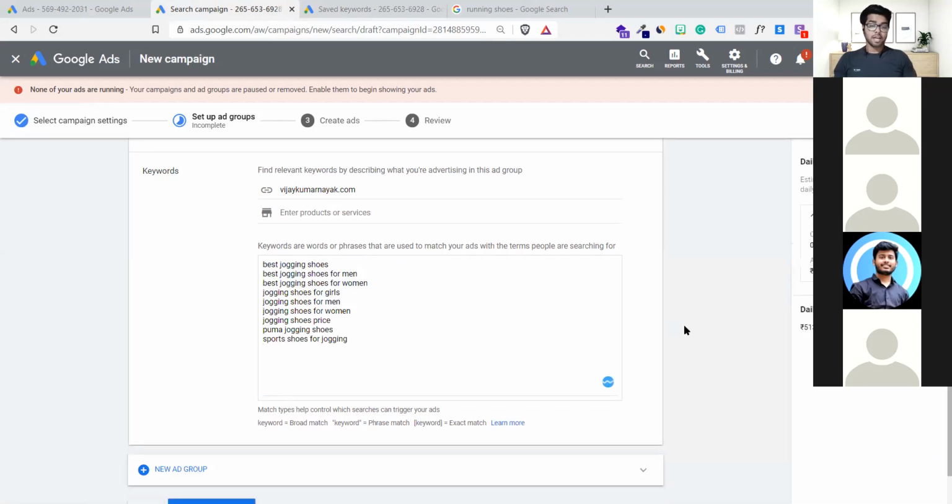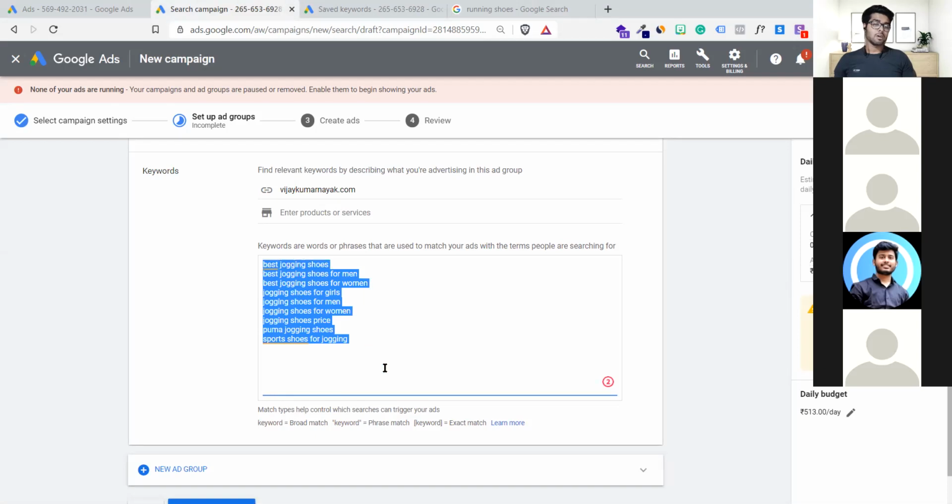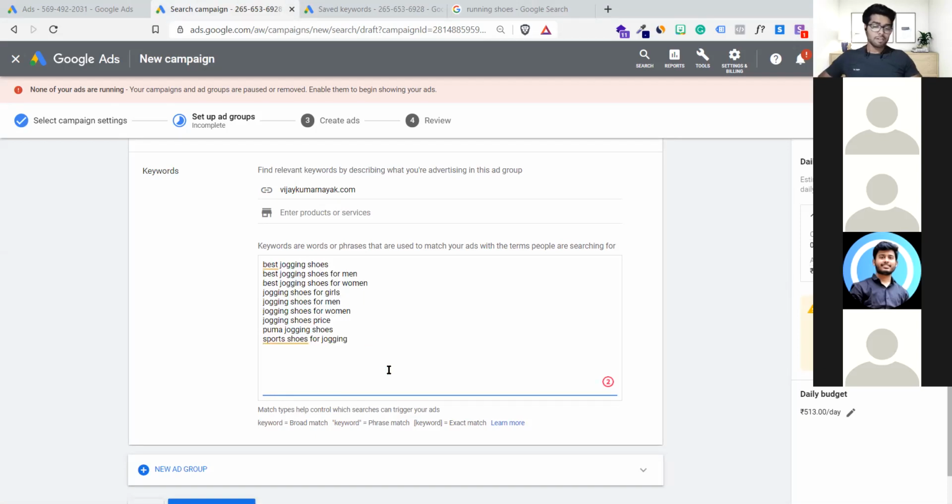Now what I've done is I've simply added all the keywords right here. Getting it? Got the clarity? We have done keyword research. Now it is asking what kind of keywords we should target, and we have simply added all the keywords right here. Are we clear, guys? If we are clear, please put CC in the chat. We have just added keywords right now in our search campaign.